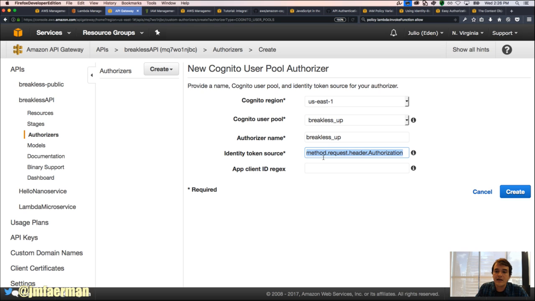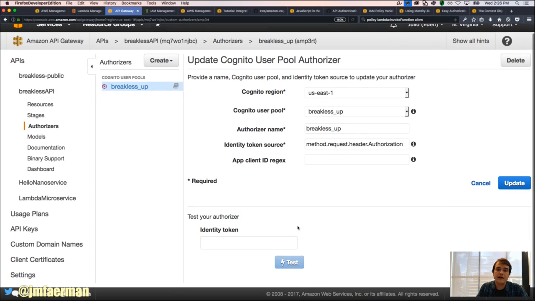And this is where you can set the authorization header and pass this in the authorization header, and you can test with your identity token. This would be more interesting, calling it directly. You can use the JWT token directly here if you were not using the identity federation. But yeah, here is how you can set this up, and I will just make sure that this is working,